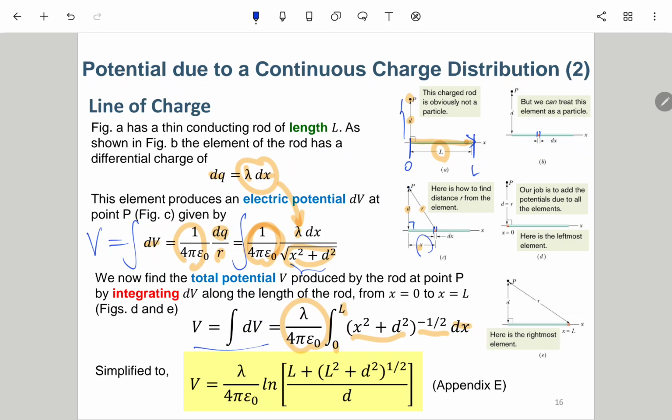So this one will be x. This is 0. This is L. So this one will be x. Okay, so working on this